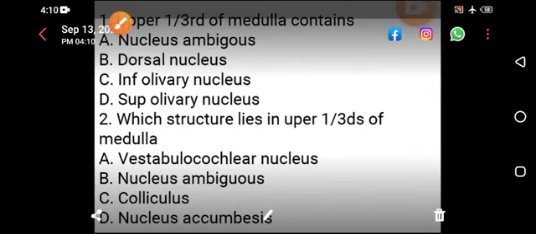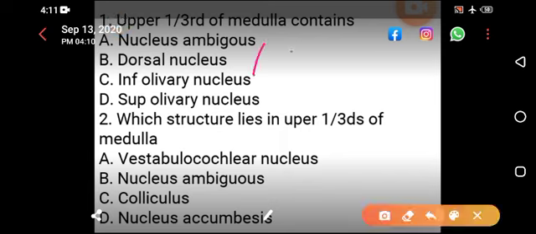As I mentioned in the previous video, I will discuss this controversial MCQ in the next video, so I am fulfilling that promise. Which structure lies in the upper one third of the medulla? Coming toward the answer, if this is your midbrain, this is the pons, and this is the medulla,